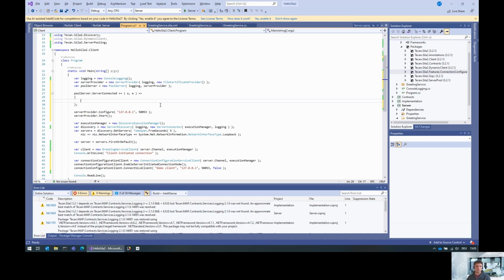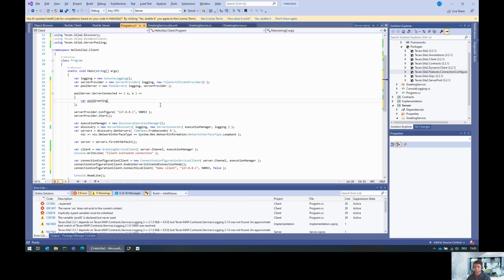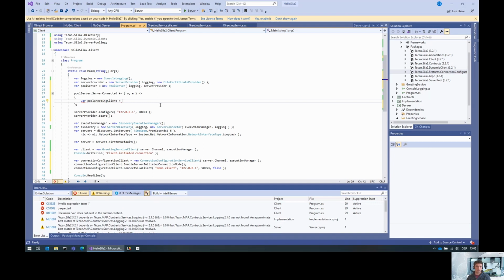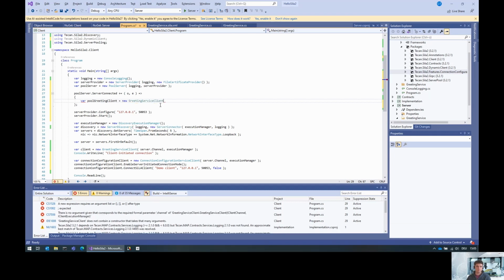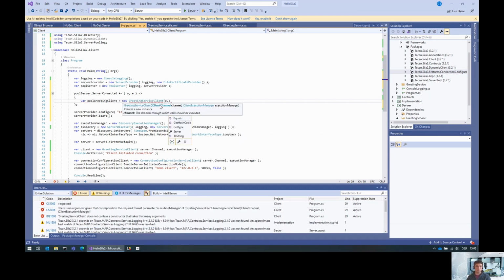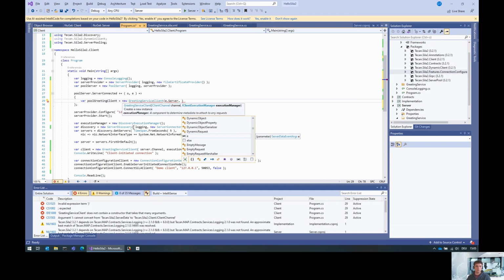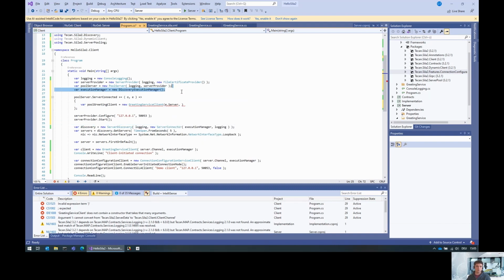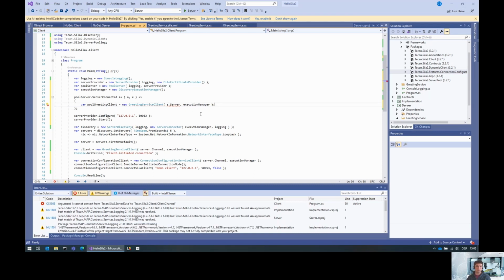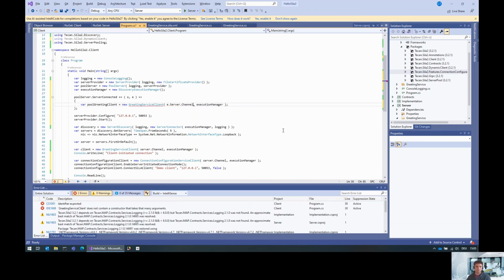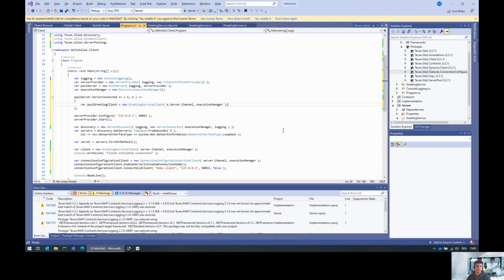And then we'll create a greeting service client, and that is a new greeting service client. This time we basically take the server that has just been connected, and we can actually move this forward such that we can reuse the discovery execution manager. We don't have binaries or anything like that. Yeah, of course we need the channel, and then